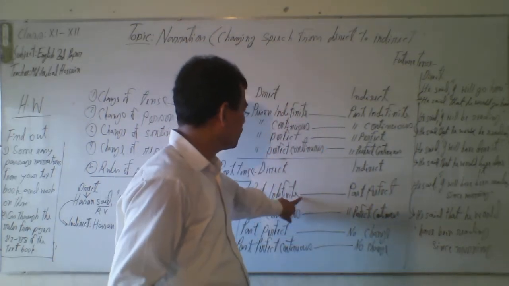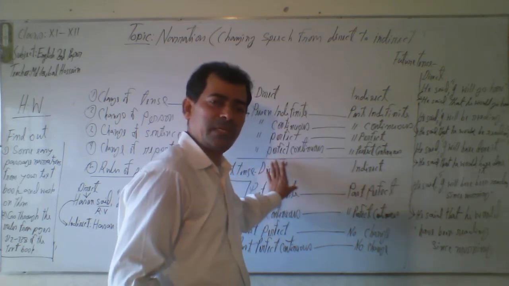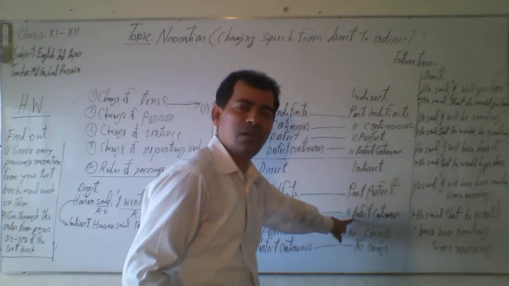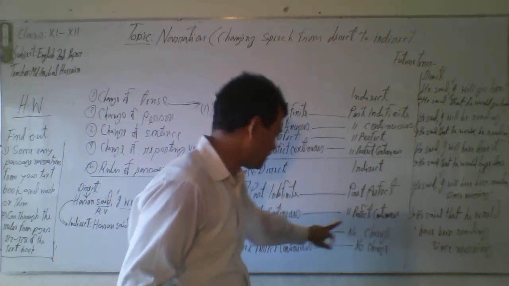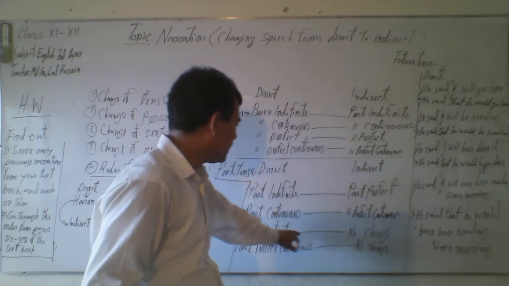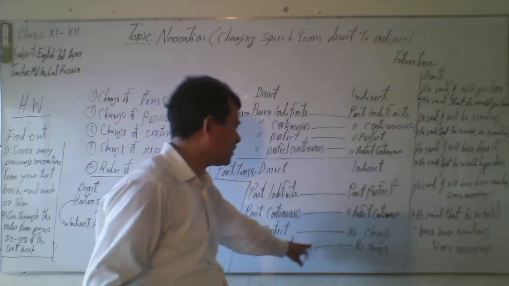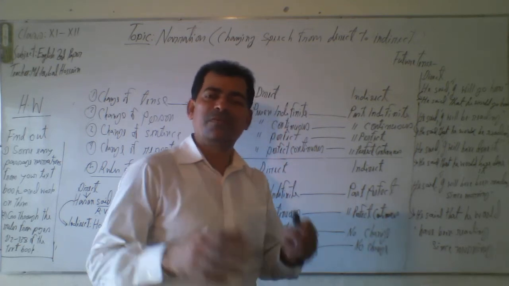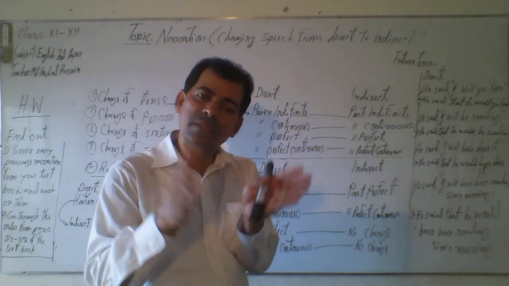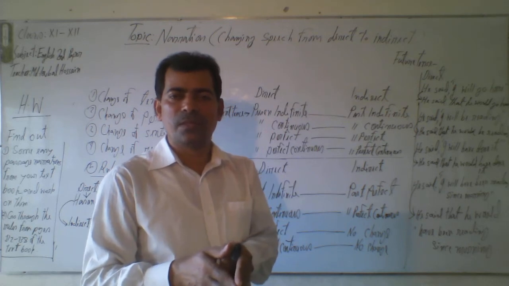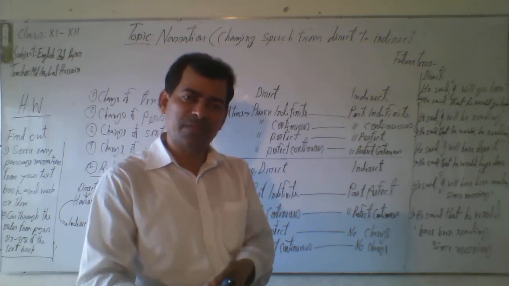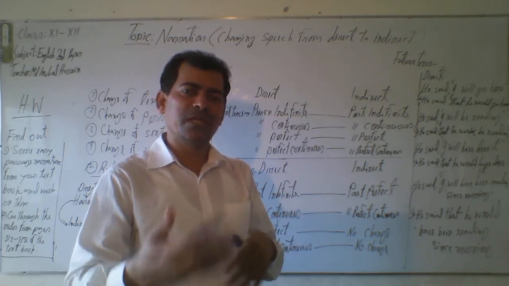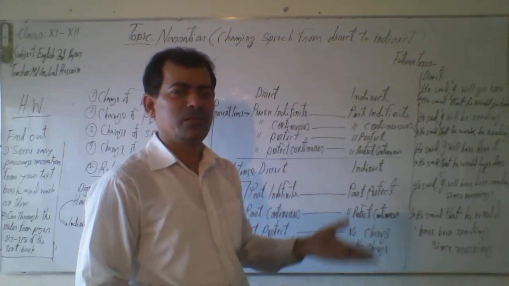So past indefinite tense will change into past perfect tense from direct to indirect. Past continuous tense changes to past perfect continuous tense, and past perfect tense and past perfect continuous tense will not change. That means if you find any sentence within the inverted commas in direct narration in past perfect tense or in past perfect continuous tense, they will not change when they change from direct to